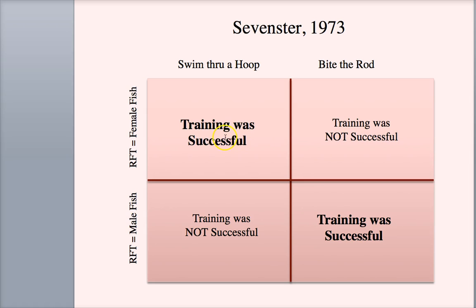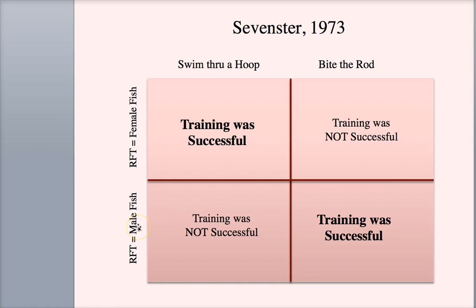Now, you may ask why, but if you think back, remember that the 3-spined stickleback builds a nest that's kind of a tube, and he swims through the tube. He'll court the female, and then he swims through the tube to show her where his nest is, and tries to get her to swim into the nest to lay her eggs. And so that behavior, swimming through the hoop and swimming through his nest, are similar, easy to train when the reinforcer is access to a female. They don't bite things when they're in their mating mode, so biting the rod isn't very successful when they use a female fish. However, the opposite is true when they use a male fish.